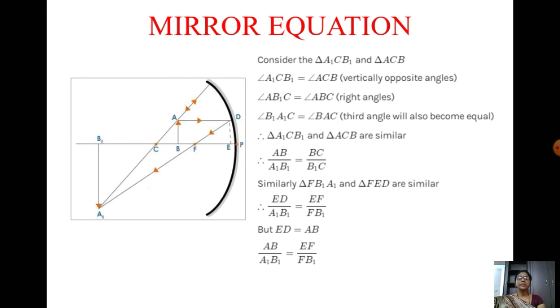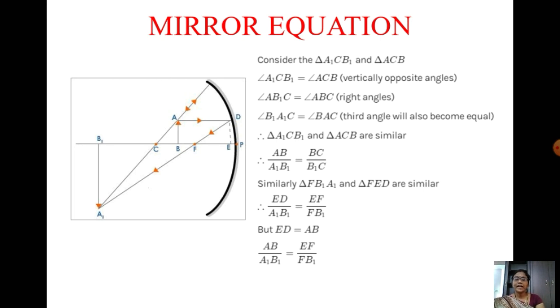Here, mirror equation. In this mirror equation, the same ray diagram we are going to draw here. We are going to take here a spherical mirror, that is concave spherical mirror. This mirror equation is satisfied for both concave and convex mirror. So here in this, we are taking here concave mirror. In front of this concave mirror, we are placing an object AB. So the rays are made to fall on the spherical mirror. After reflection, it is made to pass through the focus F and it is made to fall on A1, and the image will be formed as a real inverted image.